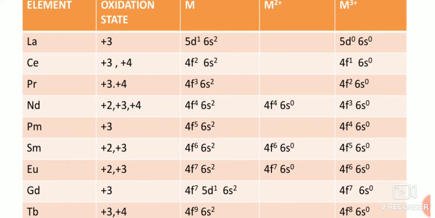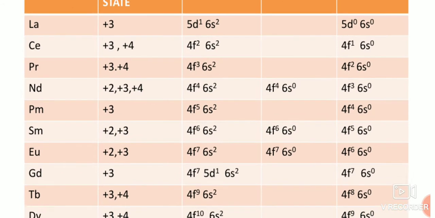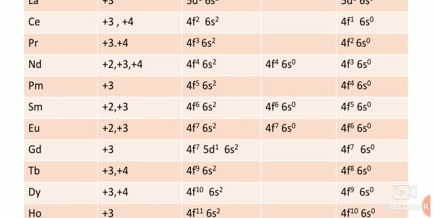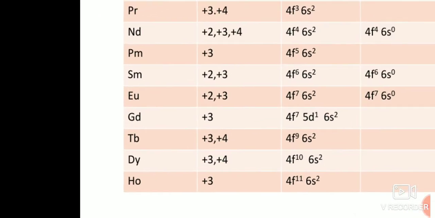Neodymium is exhibiting +2 oxidation state, +3 and +4, and samarium also it is exhibiting +2, europium +2, +3. And the thing is that lanthanum shows only the +3 oxidation state, which is a characteristic and most stable oxidation state of all the lanthanides. Okay, and coming to gadolinium and lutetium, they form tripositive ions. Here see gadolinium +3, and